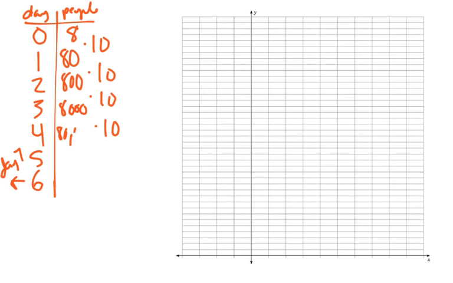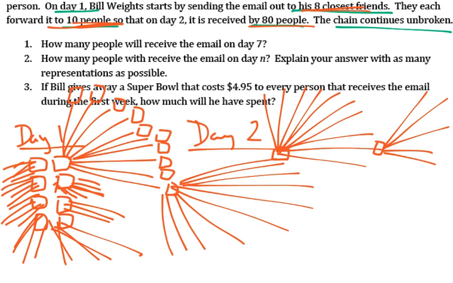So we get 80,000, 800,000, and then 8 million. Okay, when we keep multiplying everything by 10. Alright, so that kind of answers our first question. So on day 7, we have 8 million people